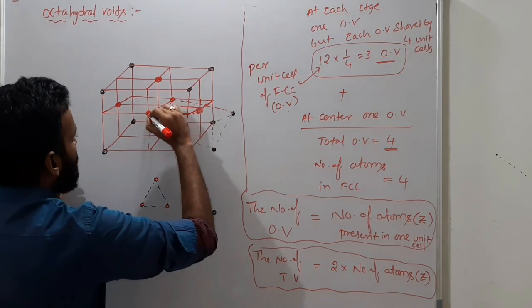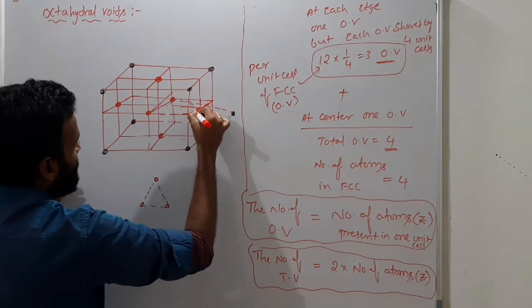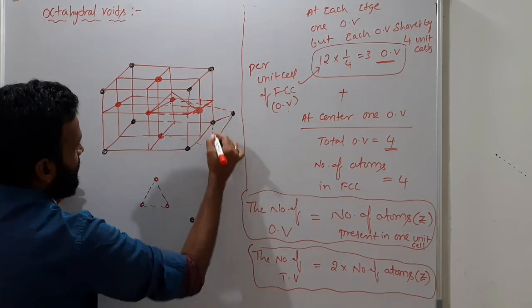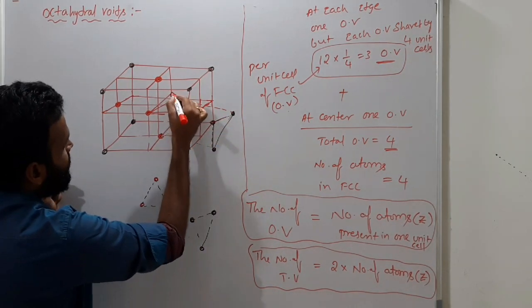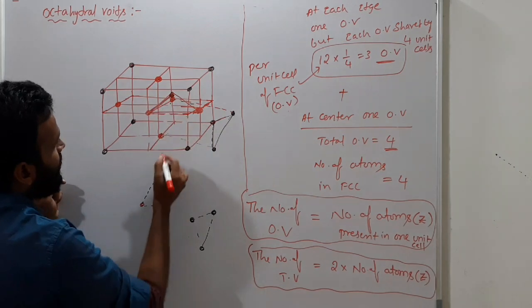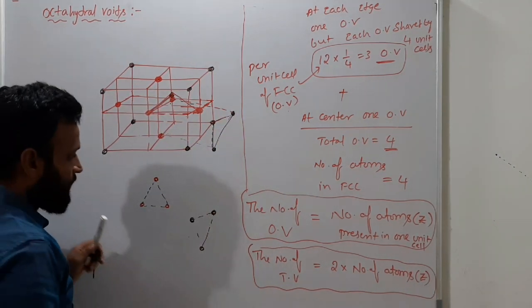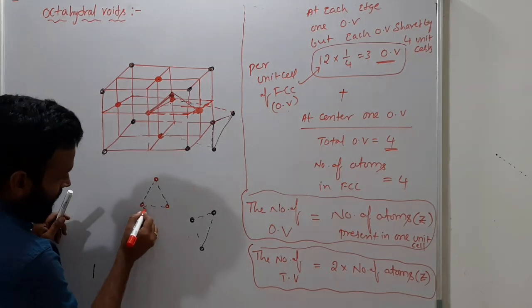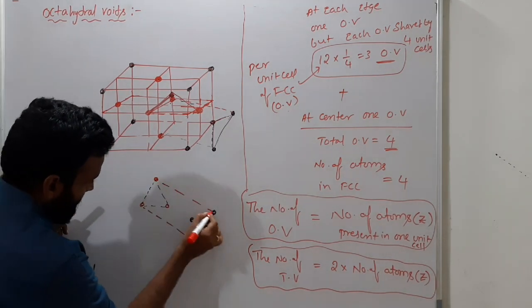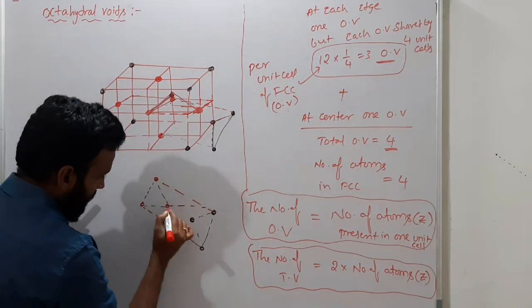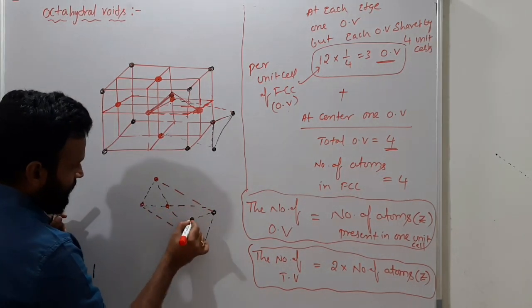Okay, if I draw like this, you will get it easily. And between these two, 1 like this, and these 3 like this, and between these 3, I am drawing like this, and between these 3. So 3 and 3, total 6 you will have. So you are having it like this. Okay, now with this and with this.